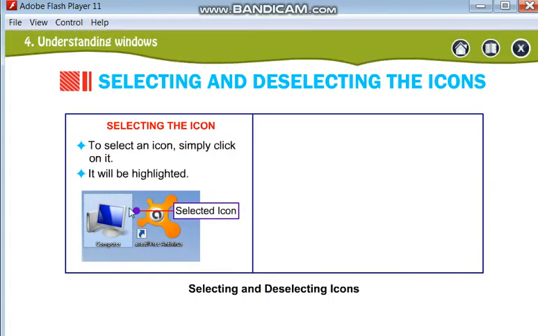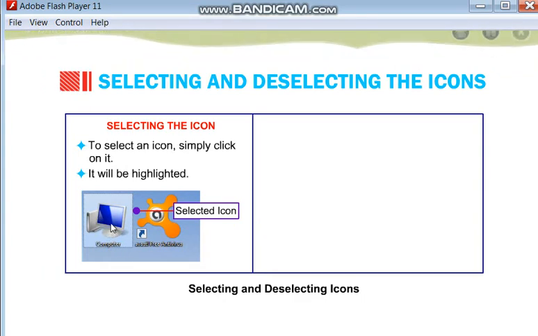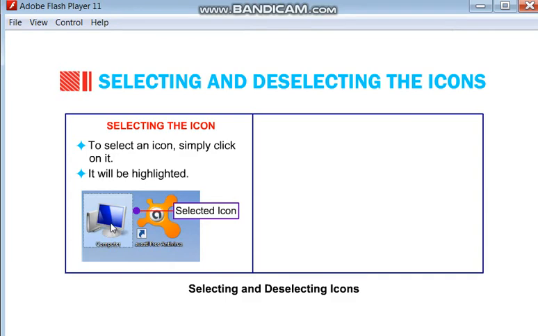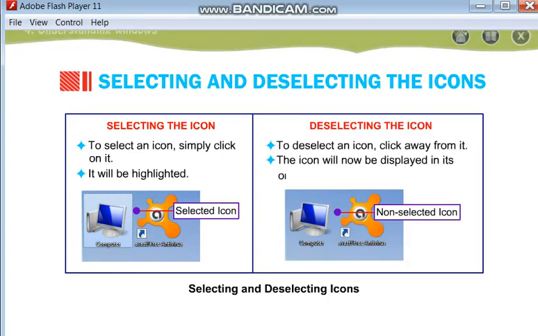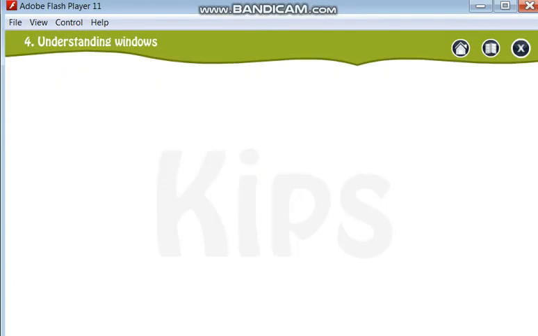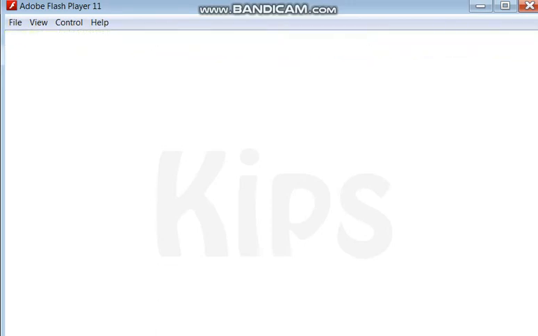Like I want to select the This PC icon, go to This PC and click. Click on the item to select. To deselect the icon, click again and the icon will be deselected. So it is a very quick thing: once you click it will select, again you click it will deselect.